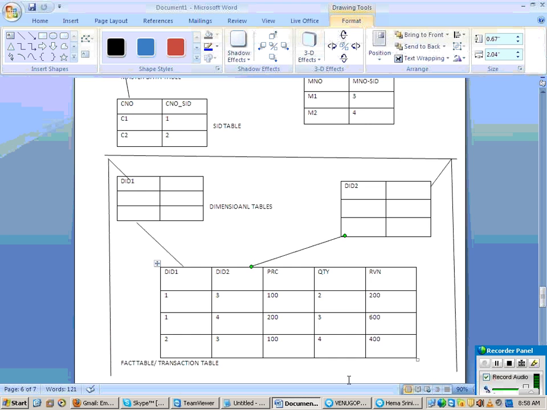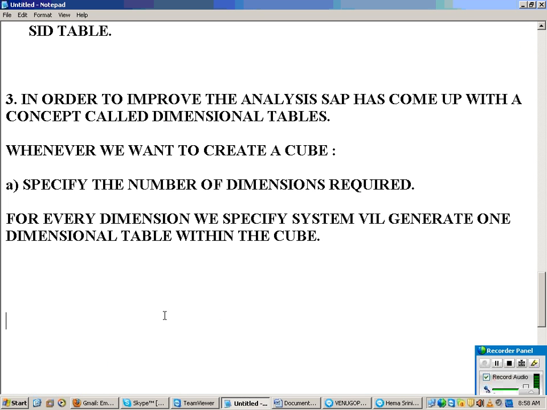So what you did, front end while creating a cube, you specified the number of dimensions you required. Let us say I specified 2 dimensions.